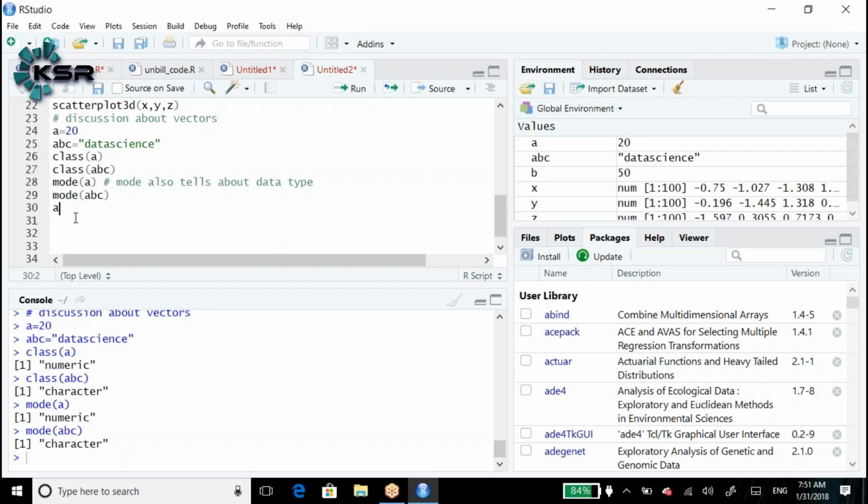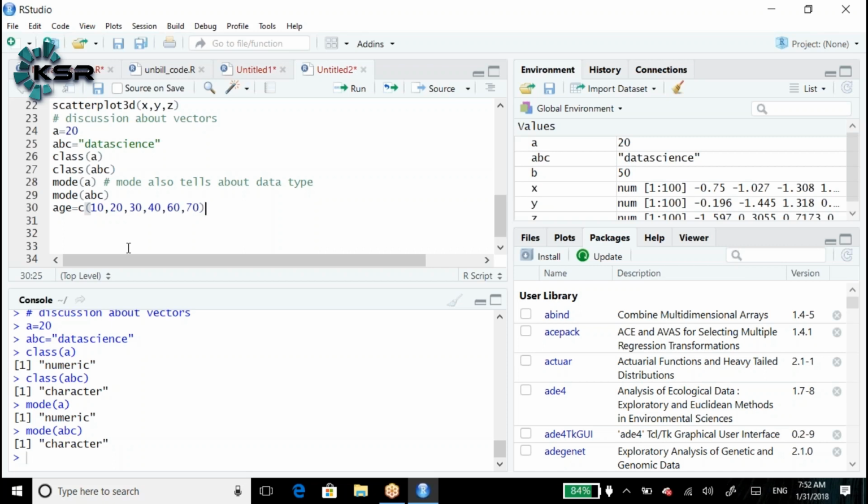For example, age is equal to C of 10, 20, 30, 40, 60, 70, 50, like that. One value should be separated from the other with a comma. That means under age, how many values are there?